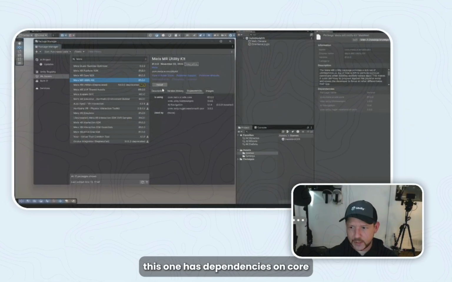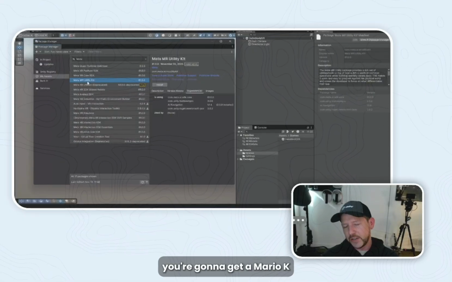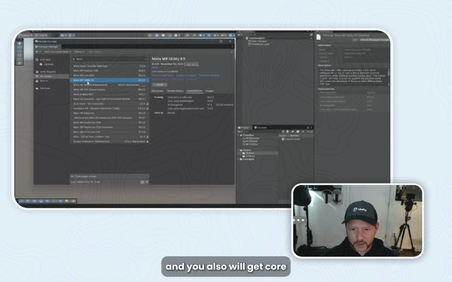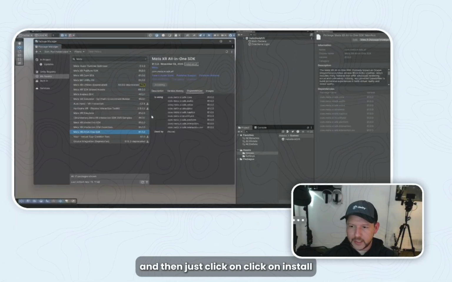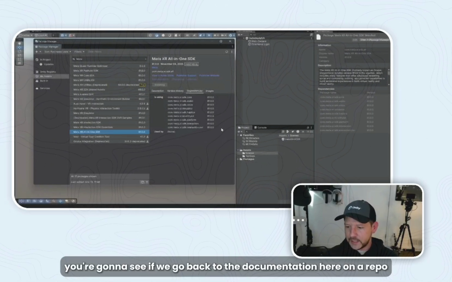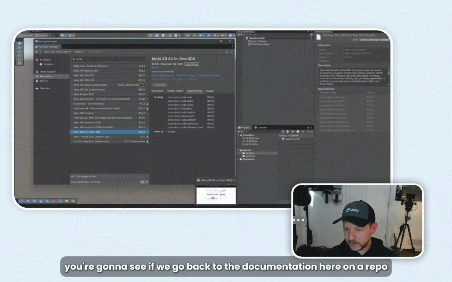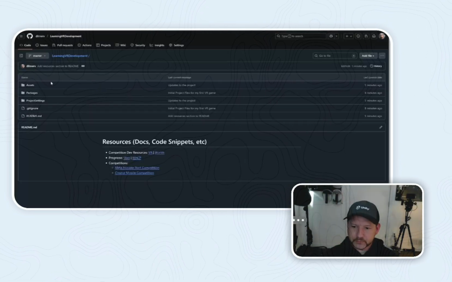For instance, this one has dependencies on core. So if you were to just add this one, you're going to get MRUK, and you also will get core. Okay, so let's go ahead and install this one, and then just click on install. And as it installs, if we go back to the documentation here on our repo, you're going to see the part